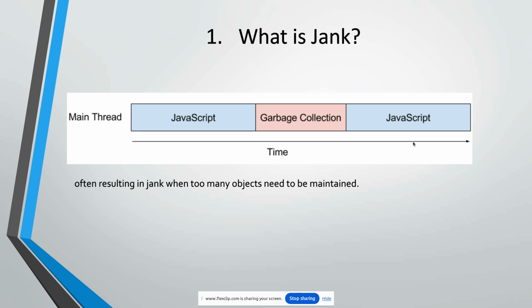If objects need to move, the references have to move. If there are a lot of objects, V8 has to track all of them, and this can cost garbage collection time. If this garbage collection time is long,